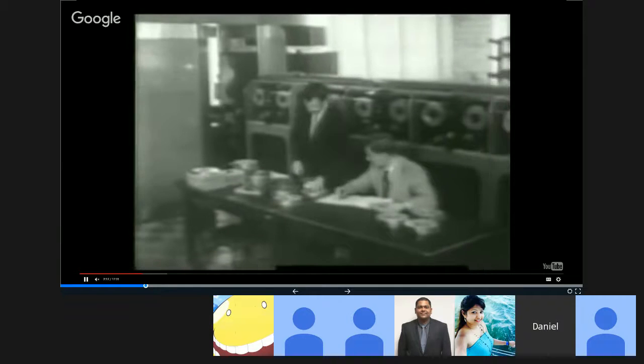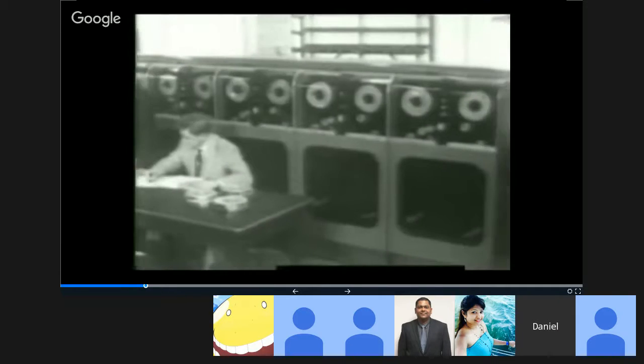This is UNIVAC. UNIVAC was the first commercial computer. This whole thing back here, and then all along this wall, is UNIVAC. The whole thing is a processor. It's huge, and it's one of the first interactions that the public had with computational devices. In the 1950s, UNIVAC helped compute for the Bureau of the Census. They did the 1950 census, and all that data coming in was processed by UNIVAC.